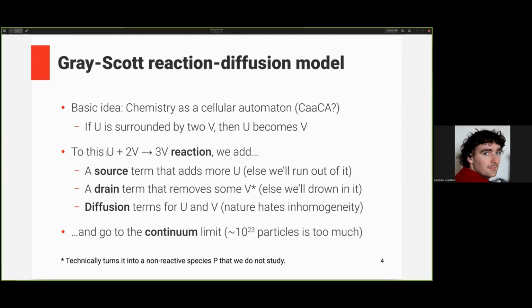If we only simulated this phenomenon, it would not be that interesting because soon enough we would have consumed all the U in our initial simulation domain, and we would be full of V. Which is why we will add a few terms to the equation. We will add a source term that lets us regenerate U over time, a drain term that lets us remove some of the generated V product so that the simulation does not end up full of the V product. And some diffusion term